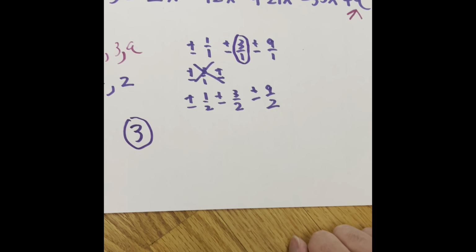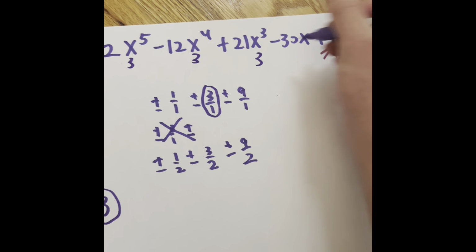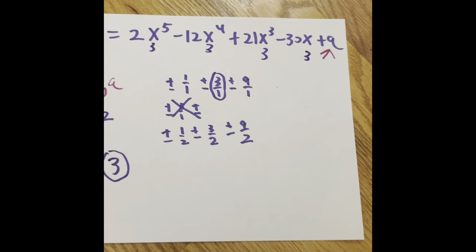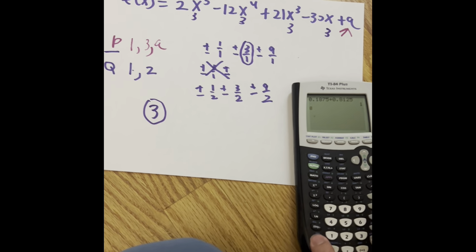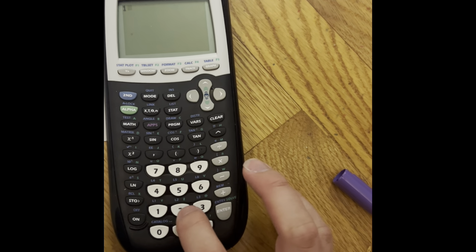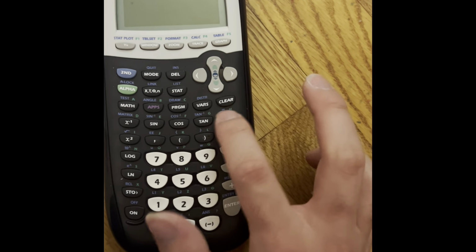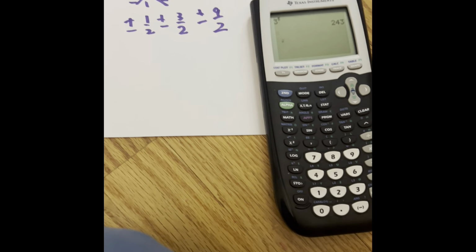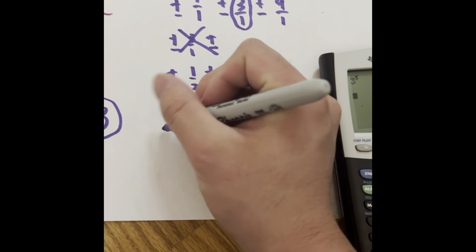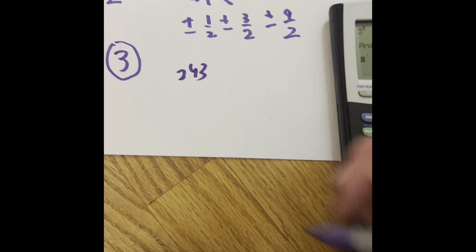But why? If we put 3 into each of the terms, let's try and solve it all out using a calculator. So, we have right here 125, because that is going to be 3 to the power of 5. Actually, nope. 3 to the power of 5 is 243. Guessed it wrong. And then we have to multiply that by 2. And we get